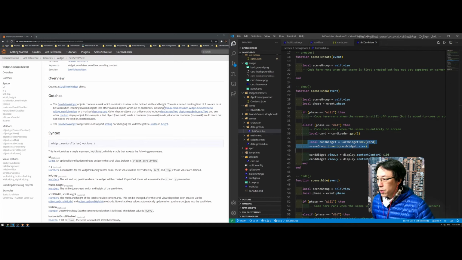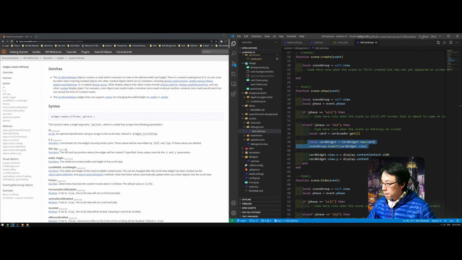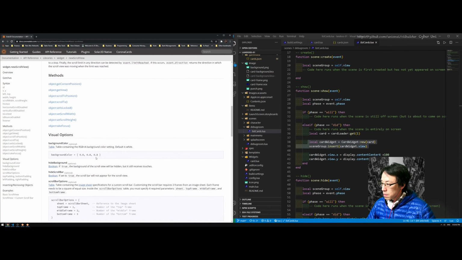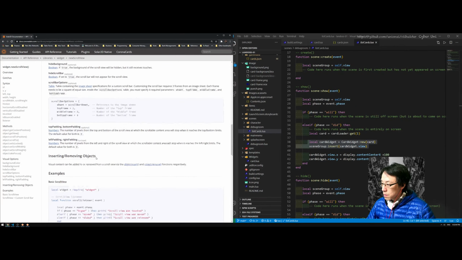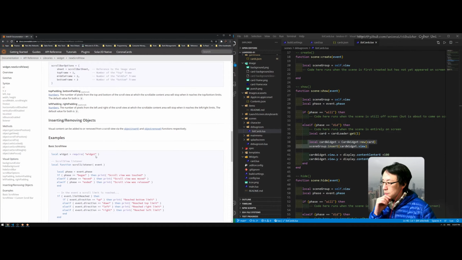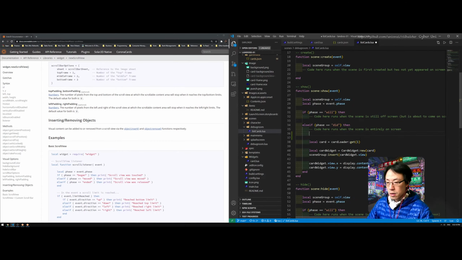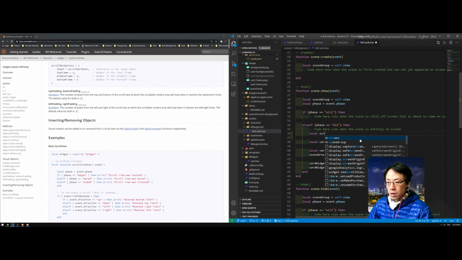Contain a mask which contains a wheel to define the height, and oh no, that's just the gotchas. And then it's just do the normal insert and, yeah, okay. So as it is rendered,